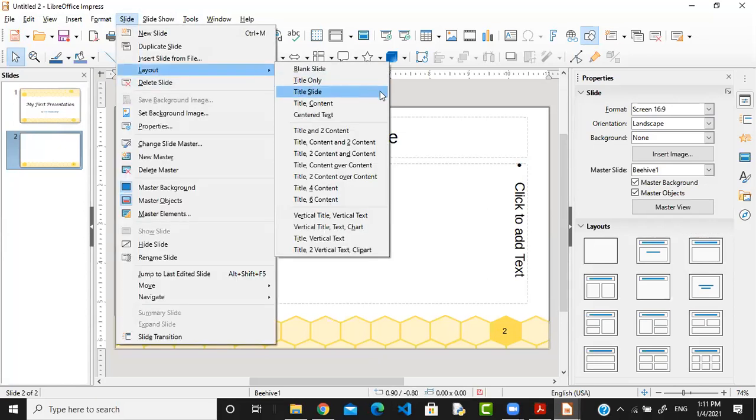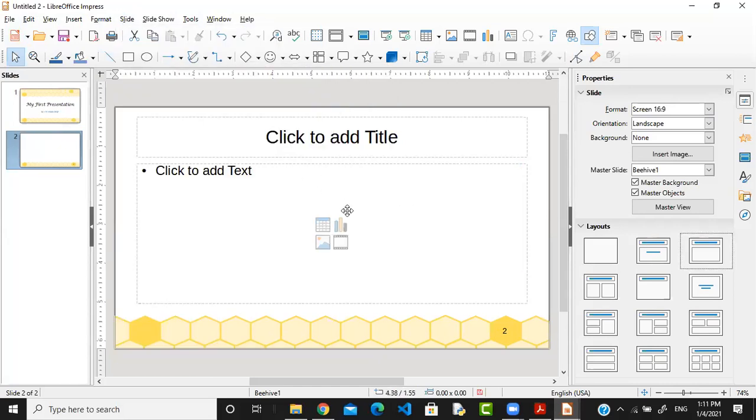Look at this, the appearance gets changed, the layouts get changed. Now I'm clicking on this and I'm going on the title and content. Again I'm getting the same concept. Look at this, due to these formatting features, the page number also appears here. The page number is also showing here.